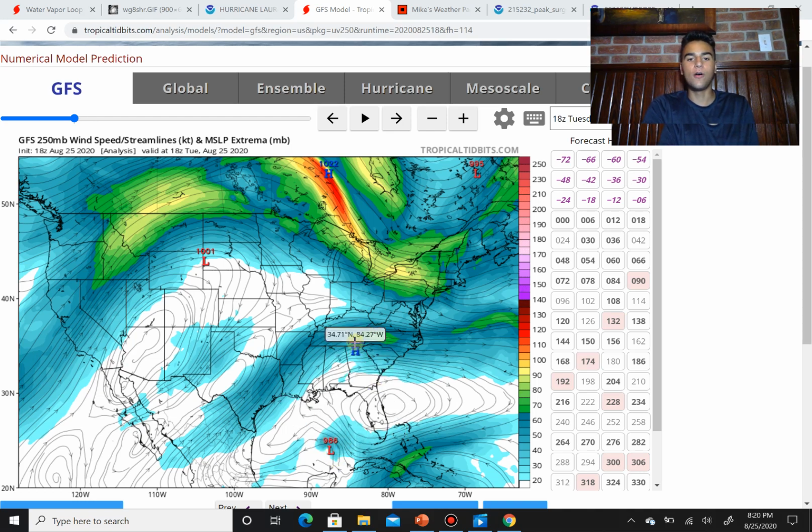the low level flow of this high pressure system would steer Laura more towards Texas, more towards the western track, but also it'll force these upper level winds that are currently over Texas and Louisiana to move more northwards, and that'll allow Laura to take a much more westward track. That would be the case if this high pressure builds a little bit more to the west and a little bit stronger. However, if this ridge is a little weaker, then not only will the low level flow